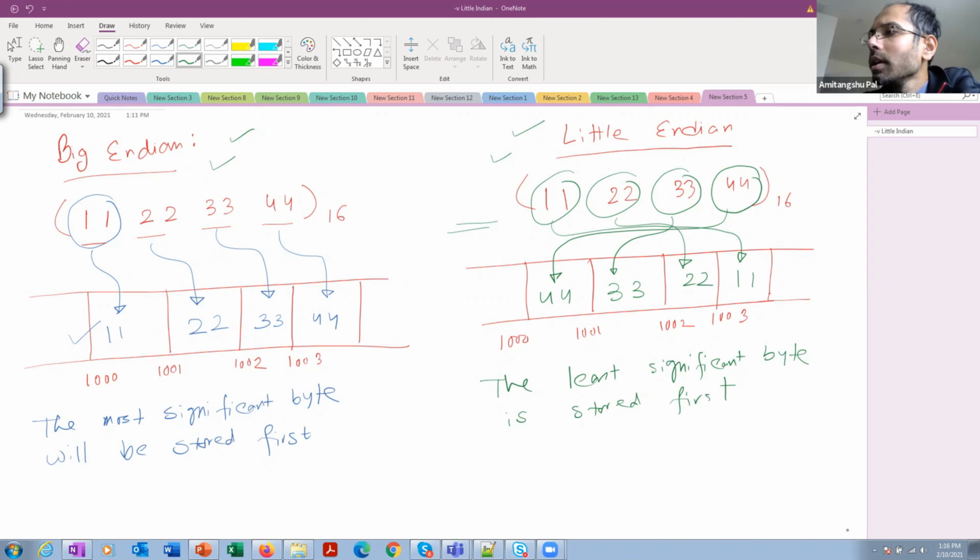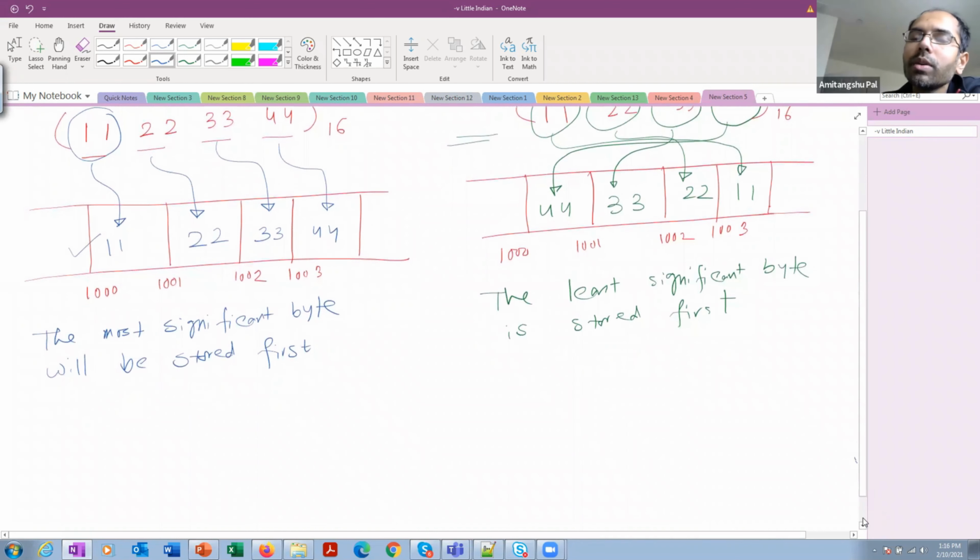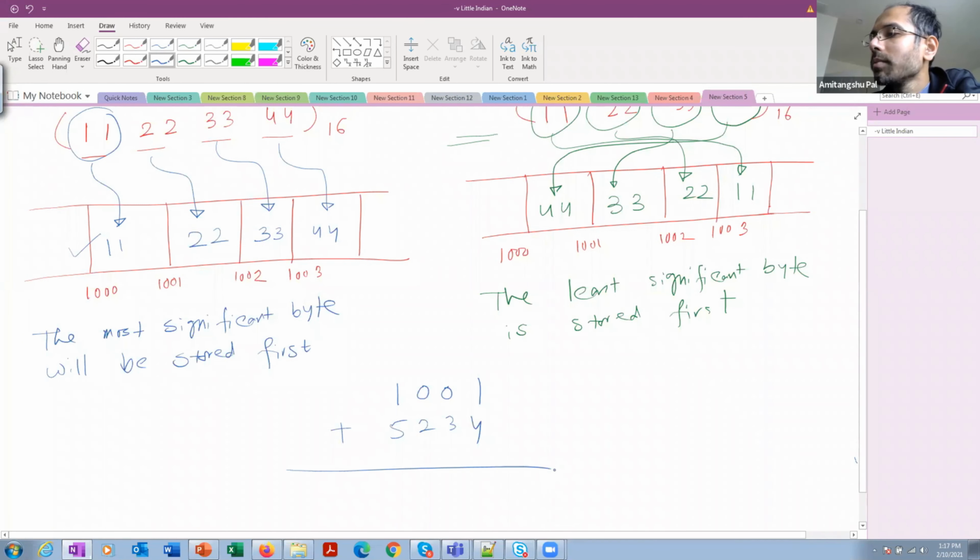But suppose you are doing some computation, for example adding two numbers. For simplicity, let's assume you are adding two decimal numbers, say 1001 and 5234, some random numbers. How do you add two numbers? You add 4 and 1 to get 5, 3 plus 0 is 3, 2 plus 0 is 2, 5 plus 1 is 6.